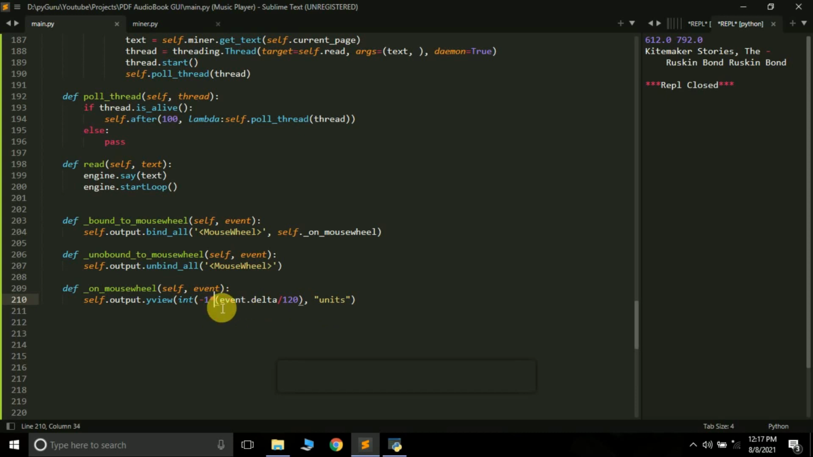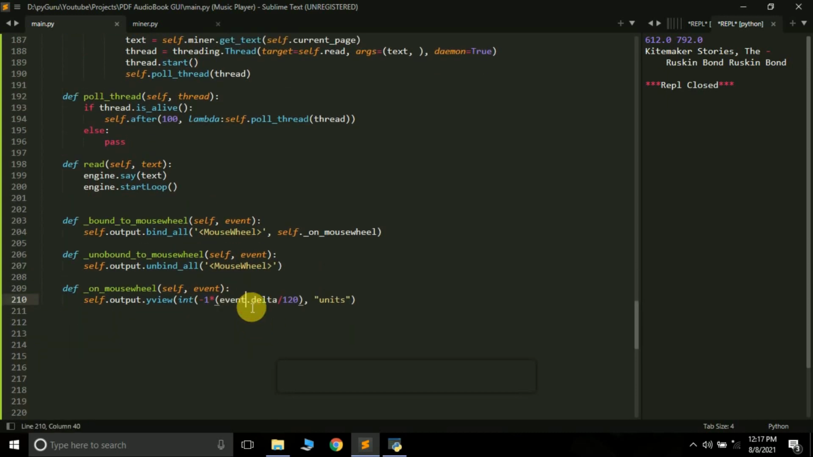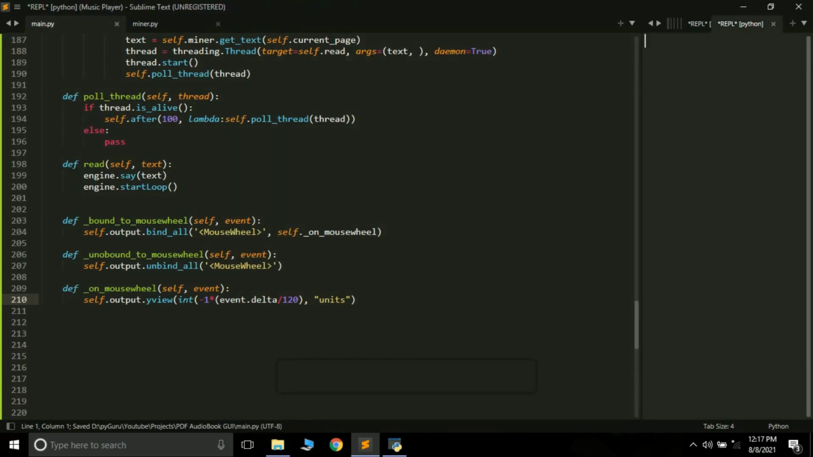If you scroll your mouse wheel up, event.delta will be, I guess, negative. I don't remember that much. And if you move it downwards, it will be positive. Whatever the amount of movement you have done is stored in event.delta, we have divided it by 120, and then we are going to move that many units up or down. Okay, if I just run this, I should be able to